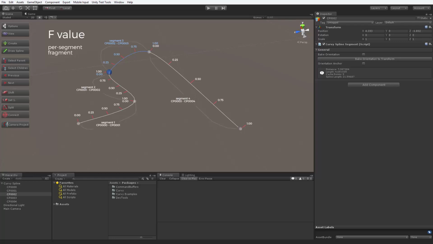There are two types of fragment values: local fragment value, referring to a point within a segment, and total fragment value, referring to a point in the whole spline. If you want a point, for example, midway between control points 2 and 3, you ask for local f value of 0.5 from control point 2. If instead you want a position at the midpoint of a spline, you ask for total f value of 0.5